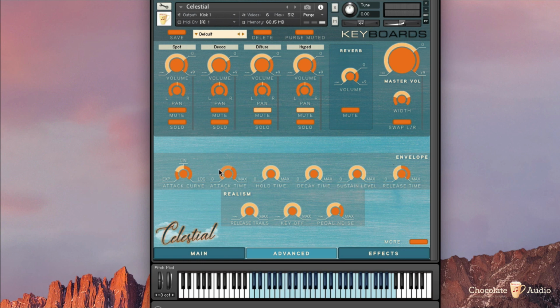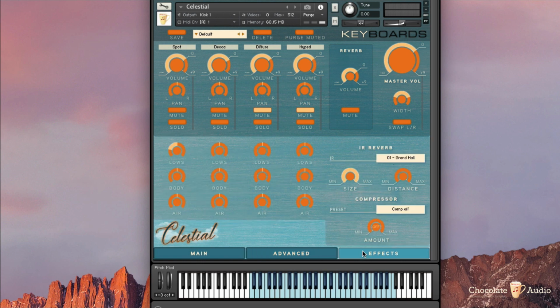So, you know, envelopes. Then we have the effects page where we have the equalizer for each single channel,